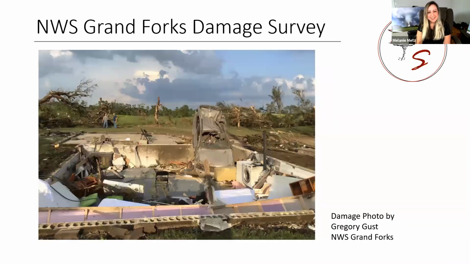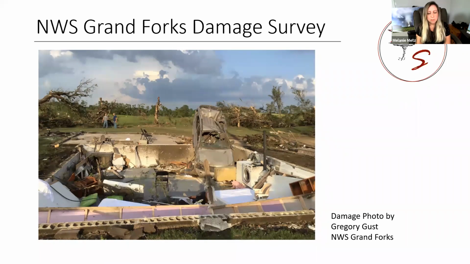Okay, let's go ahead. We're going to share a couple pictures of the damage that was done. These photos are from Gregory Gust, who works at the National Weather Service in Grand Forks. He was actually out doing damage surveys of the morning tornadoes when this storm developed. He was already in the area surveying from the earlier storms, which was interesting. And as you can see here, pretty significant. This was the strongest point, the EF4 wind speeds. There was a house here and it's no longer there. And there's a car blown into the basement.